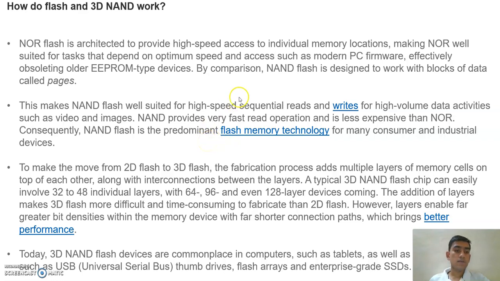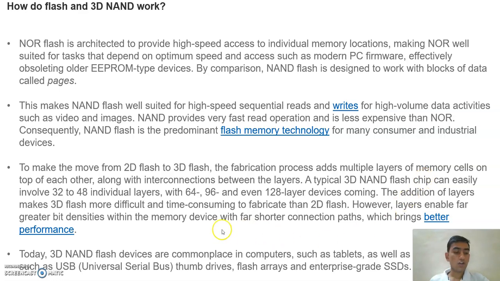Effectively, EPROM-type devices are used. By comparison, NAND flash is designed to work with blocks of data pages. This makes NAND flash well suited for high-speed sequential reads and writes for high-volume data activities such as videos and images. To make the move from 2D flash to 3D flash, the fabrication process adds multiple layers of